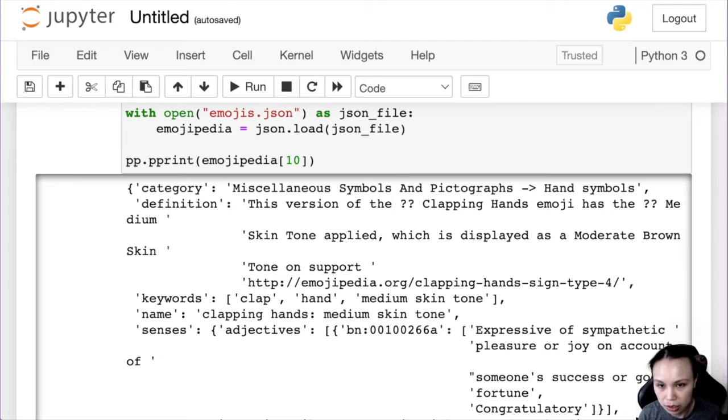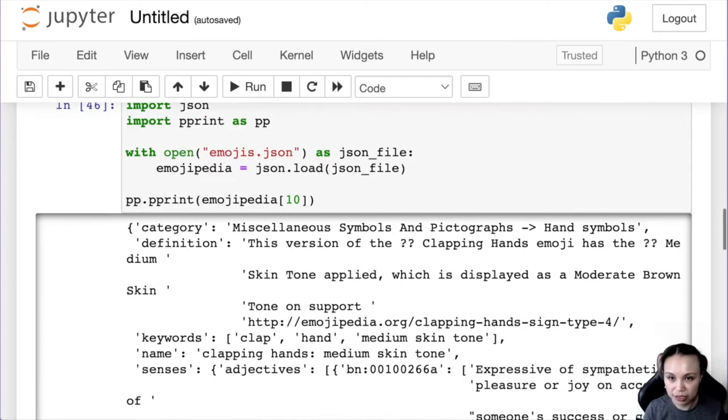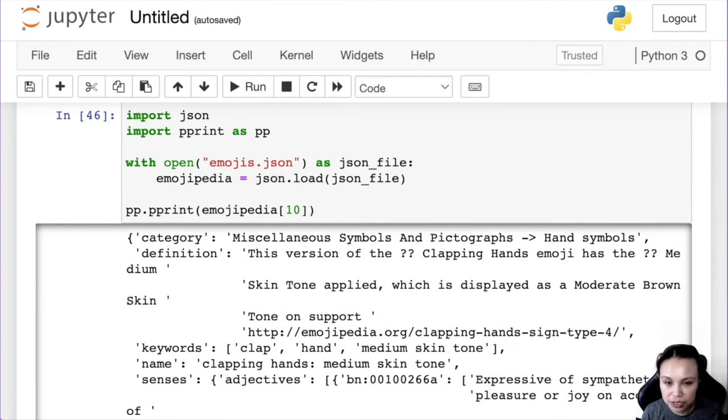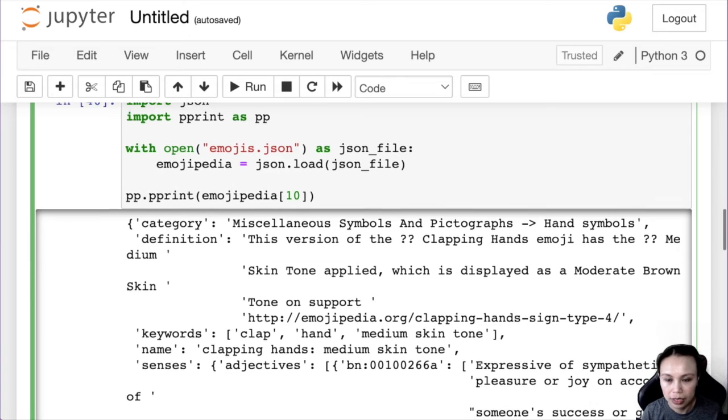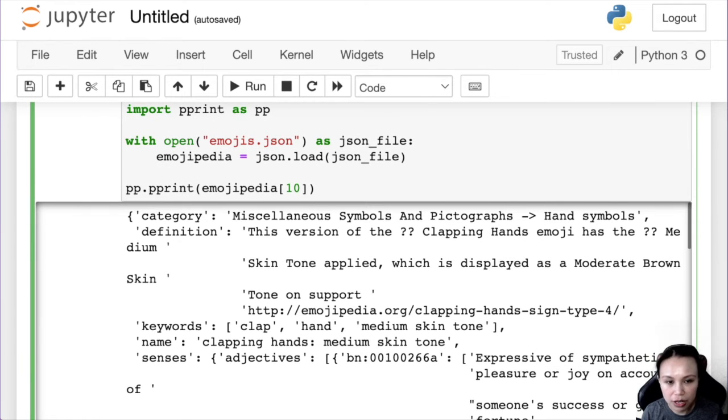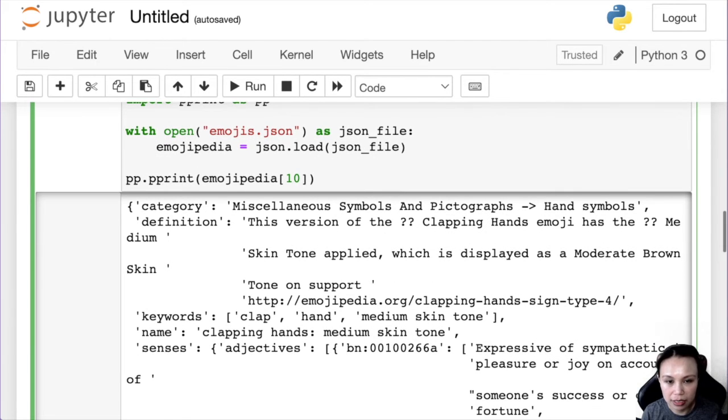So let's see. Yep, this is okay. I have tried to load the JSON file, and then I just print out one random thing, and the category is miscellaneous symbols and pictographs and enhanced symbol. I think what I'm gonna do is maybe take away everything in this category.